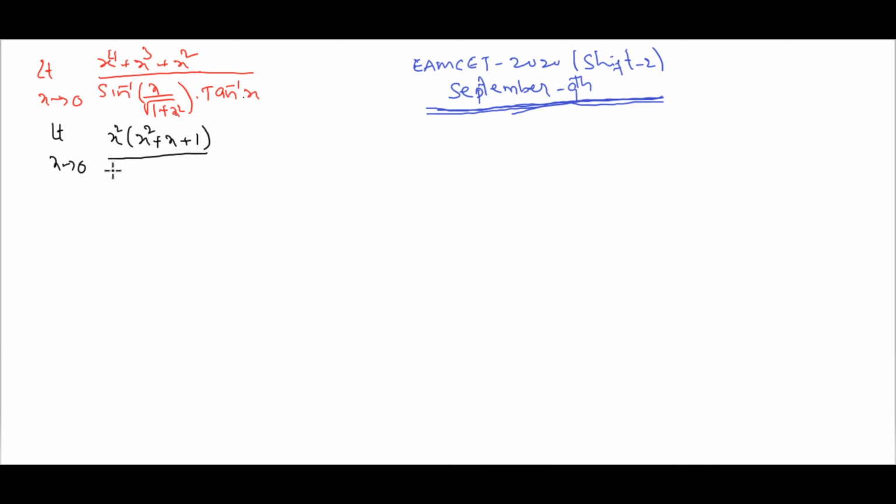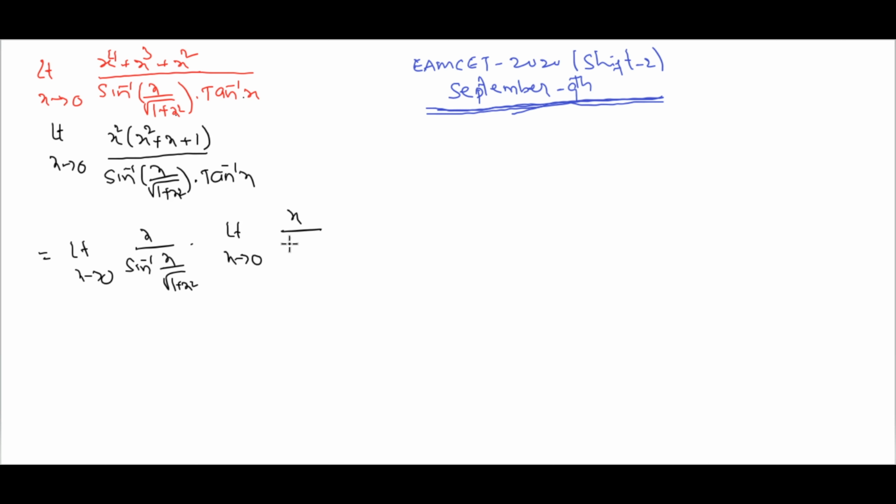So this is equal to limit x tends to 0 of first limit x by sine inverse of x by root 1 plus x square, into second limit x tends to 0 of x by tan inverse x,